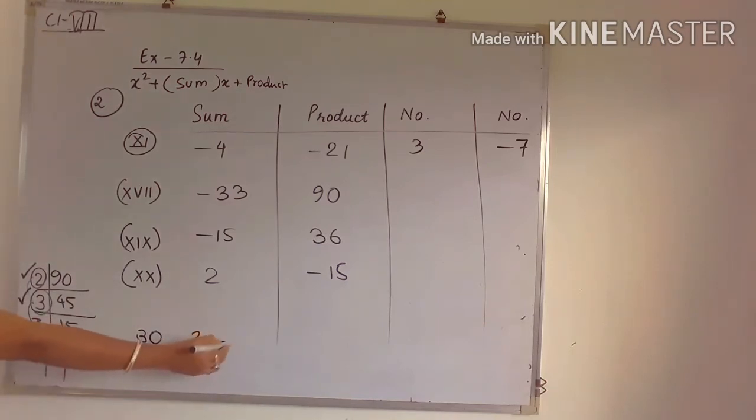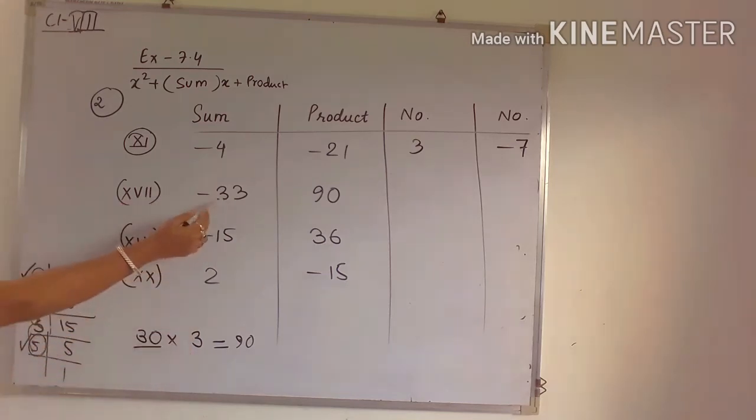Yes, the answer will be what? 90. Okay. So see, the product is 90. If I multiply 30 with 3, the result will be 90, the product will be 90. And if I add 30 with 3, I will get 33 as a sum. So see, you have to take randomly. So you can take like this. You can take first of all 2, 3 and 3.